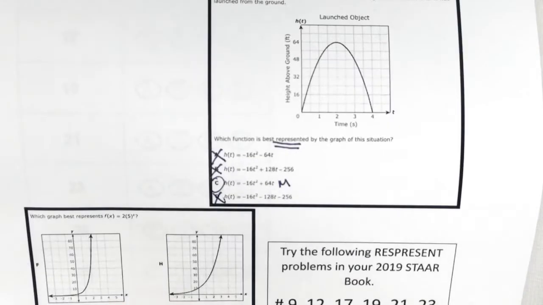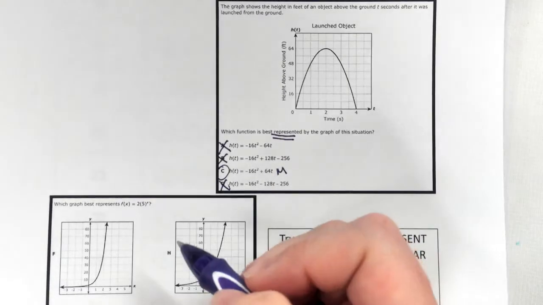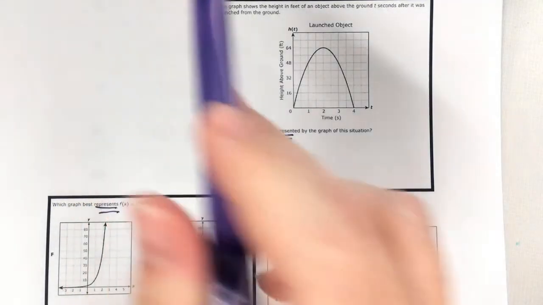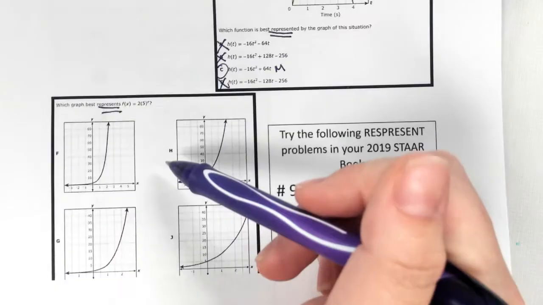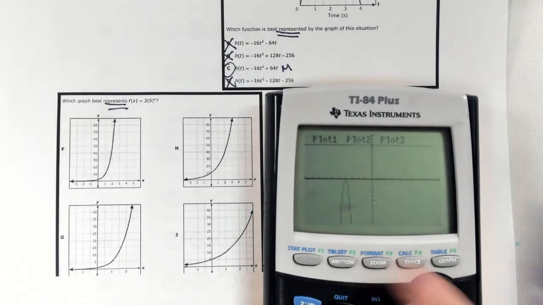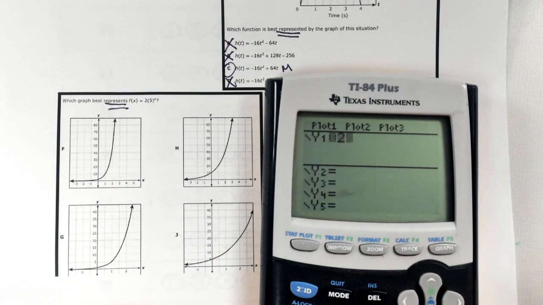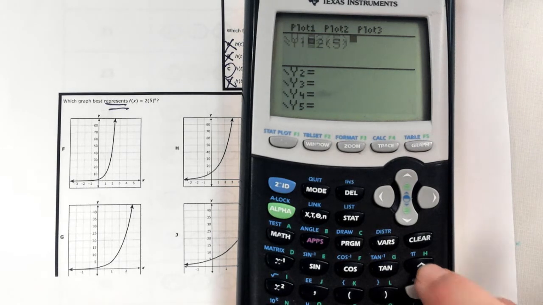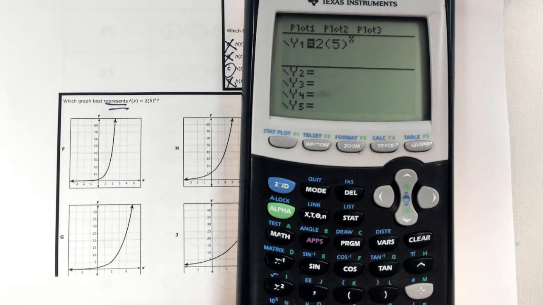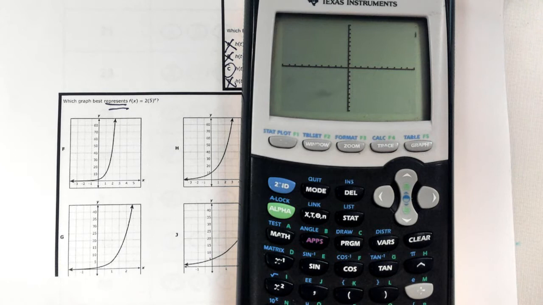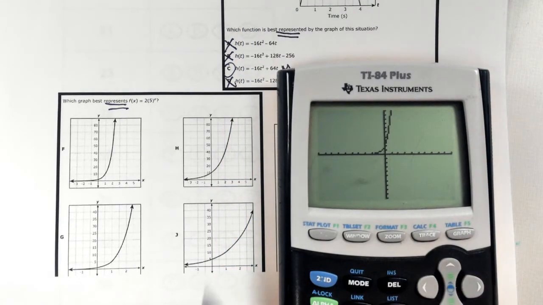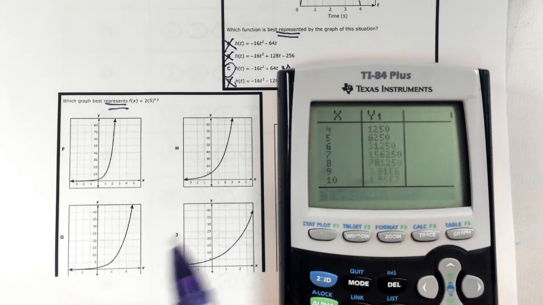Okay, last one. It says which graph best represents, now this is not our answer choices. Sometimes it is, but sometimes it's not. Okay, we're going to type in just that one equation, which makes life even easier, and we're going to type it exactly the way we see it. Now remember, to make an exponent out of anything, you can use this little guy. And we're making x our exponent, and we're going to hit graph. So we see that it's increasing. Now that does not tell us much. Let's find where it touches the